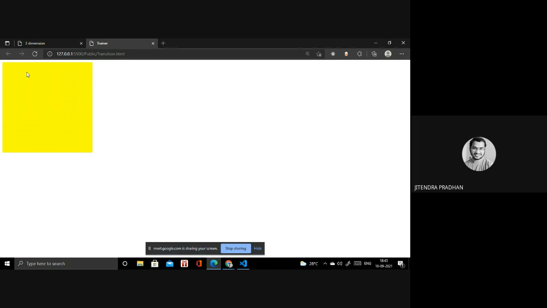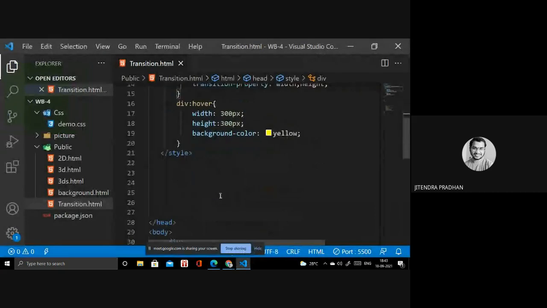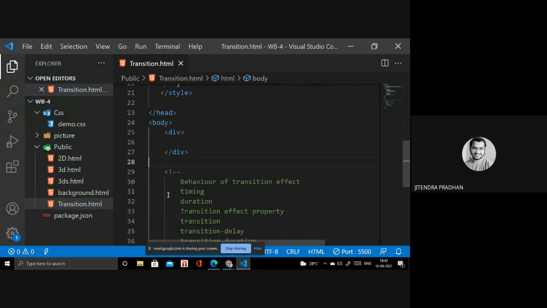Now I will show you another one, the ease-in-out timing function. Let's see. I will write an id inside that div.